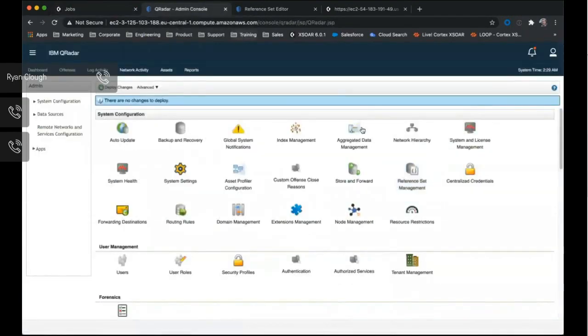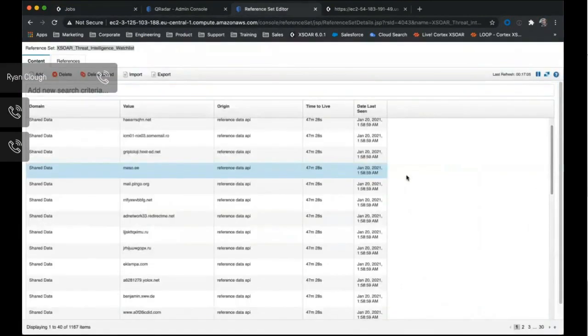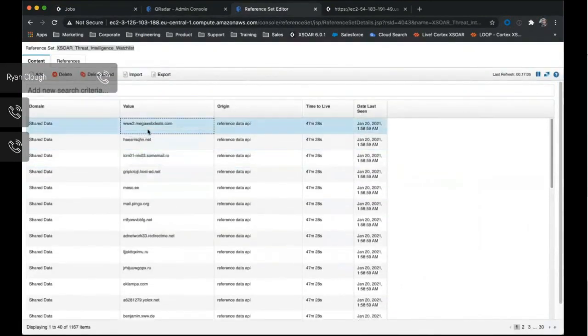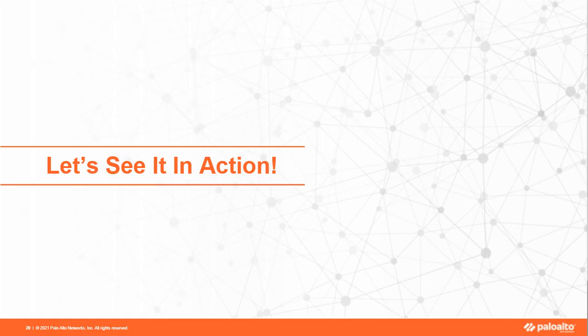And you can see it's already been running. So I can quickly pivot over to my QRadar environment here and take a look at my reference sets. And you can see here all the domains that match that initial query are now being pushed every hour to my QRadar infrastructure, where I can match that against my internal logs for alerting purposes. So that's a pretty quick run-through of how we can create different lists for different use cases for different products and start getting some operational value out of the threat intelligence that you're collecting.